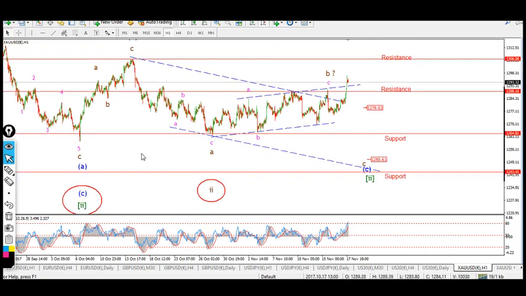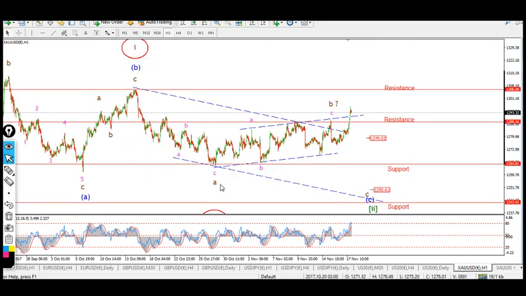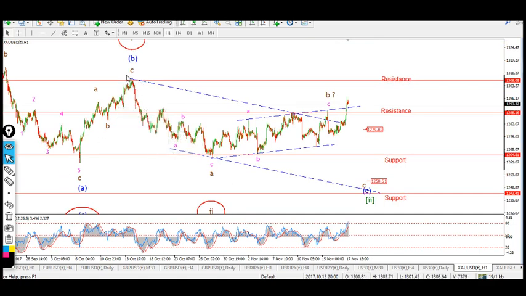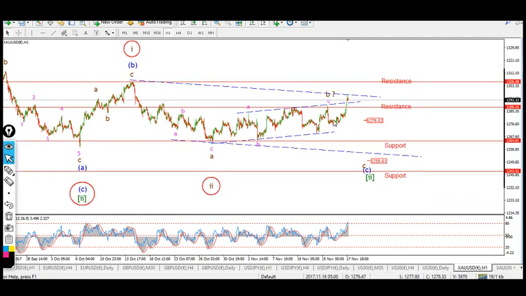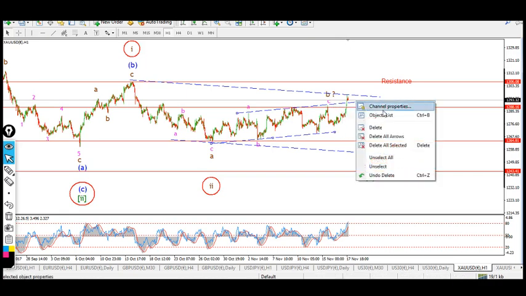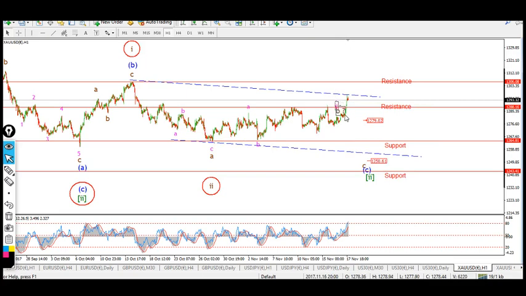And the alternate count, if I can go down to it here, is that we have wave 1 and wave 2 complete in this earlier spike in October, that we had a 1-2 wave up. Like I was saying last night, it's hard to discount that right now, given that on Friday we had a complete reversal of what I was expecting in the short term, which was a continuation of this C wave down. I can neither confirm nor deny that this market may have changed. I may have bottomed here at this previous low,